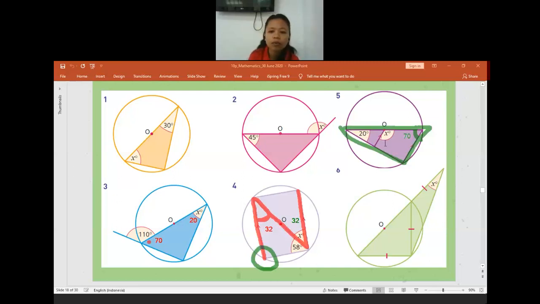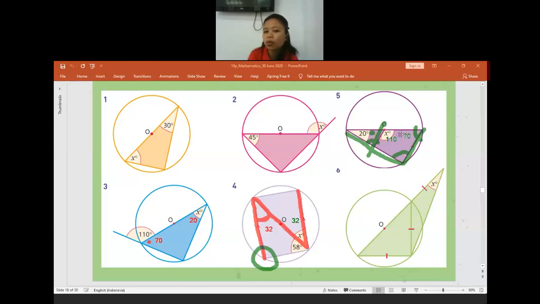Is there anyone who is confused? Or if you get confused, you can do it the other way. As you can see, there is a corresponding angle in here, the one that makes a letter F. This will be corresponding. This one is like the letter F, right? So this is 90 degrees, so this small one will also be 90 degrees. When you know it is 90 degrees, in this small part it will be 70 degrees.